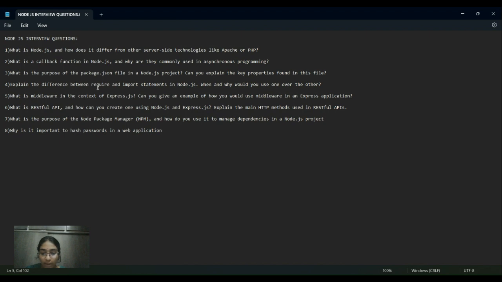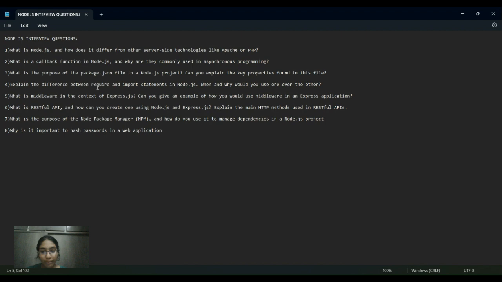It works in CommonJS modules and is the default one. It is a synchronous operation, which means that it blocks further execution when loaded or executed in the code. It is very suitable on the server side.